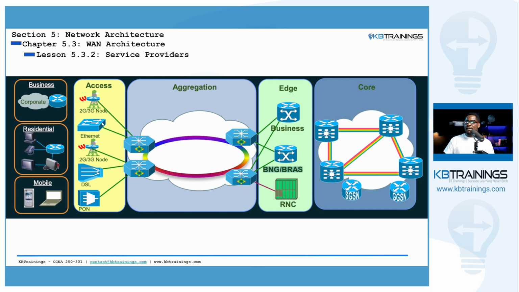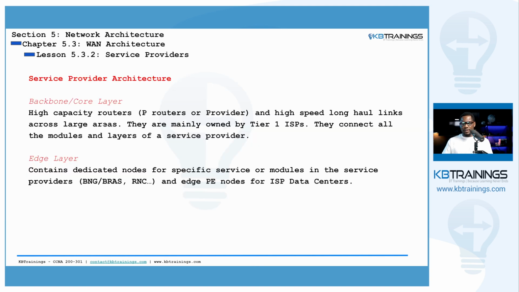So let's say something about these different layers that we have here. The first one, the core layer, is where you find high capacity routers, also called P routers, or provider routers. These are high performance routers, and they also have very high speed long haul links across large areas. They go from city to city, region to region, country to country, and many of these companies that have a huge backbone, like Lumen or some of the big ones,